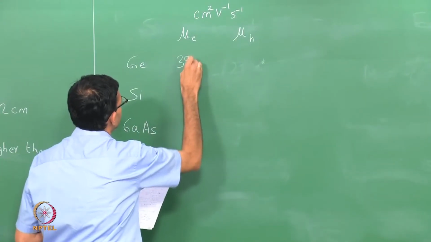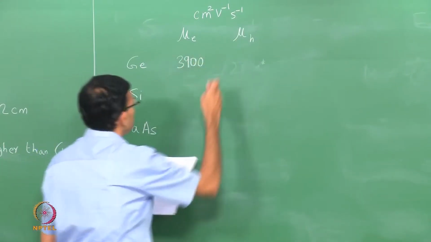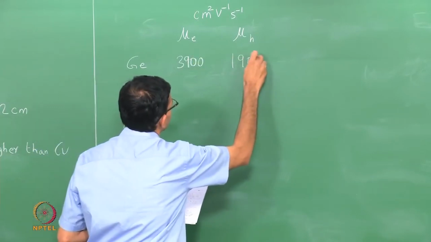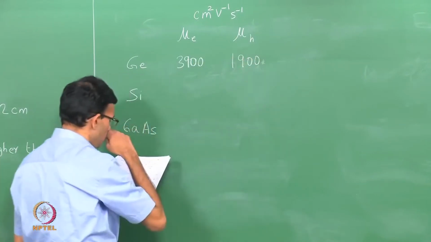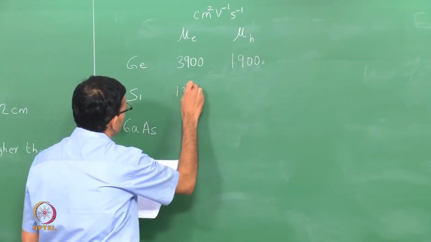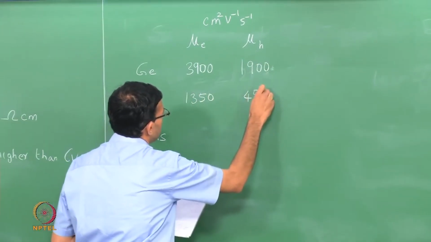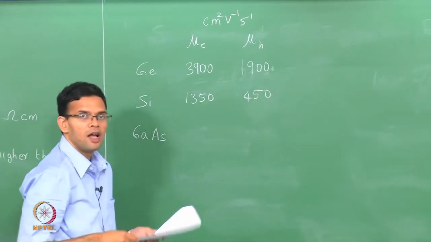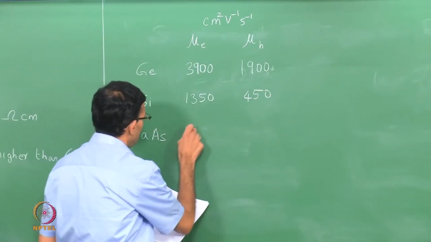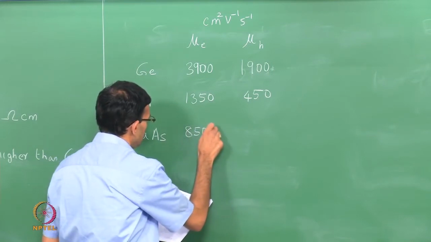Germanium is 3900, 1900 for the holes. Silicon is 1350 for the electrons and 450 for the holes, and gallium arsenide has a very high mobility for electrons, it is around 8500,